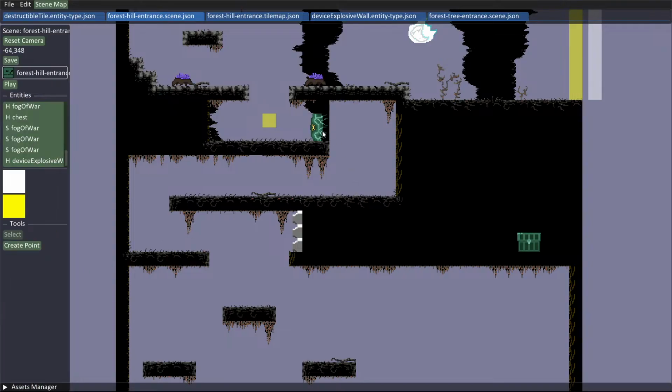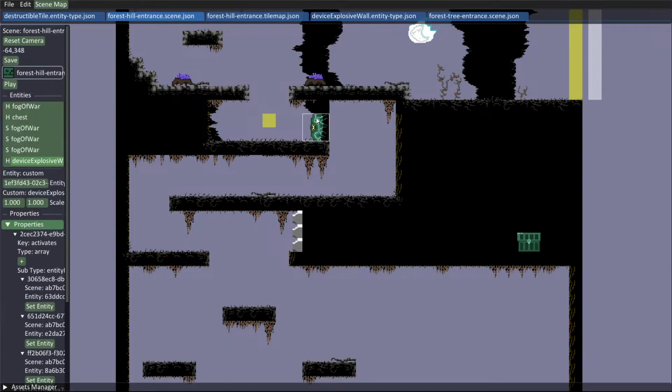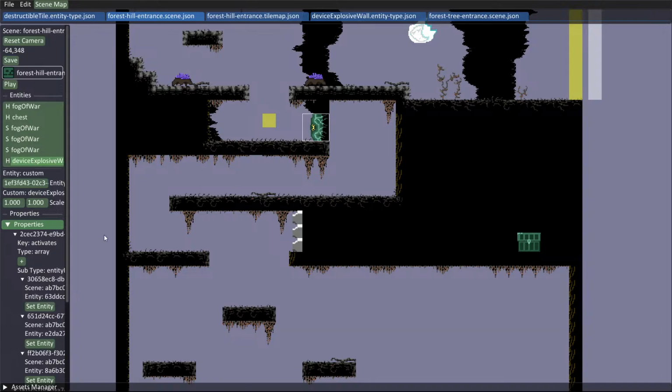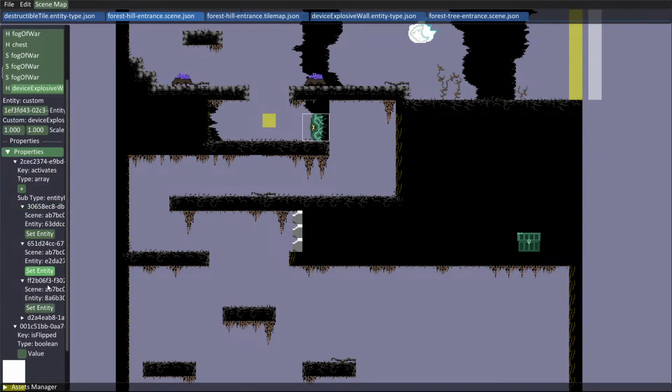So basically we could look at all entity references on the current selected entity and then highlight or outline those if they're shown. So we could highlight all of those references to see, okay, which ones are